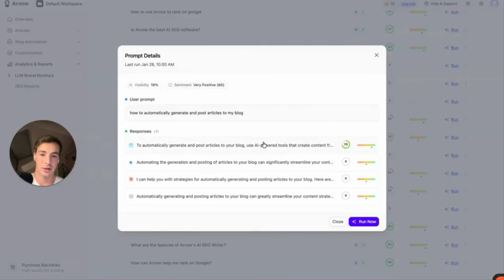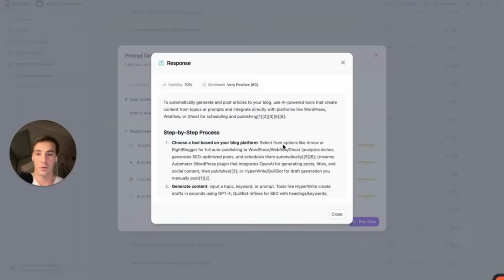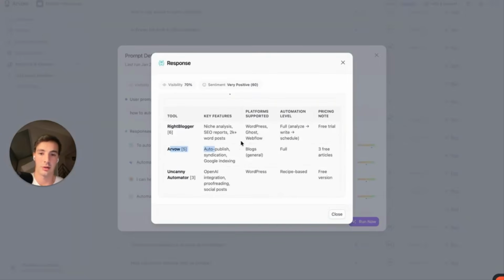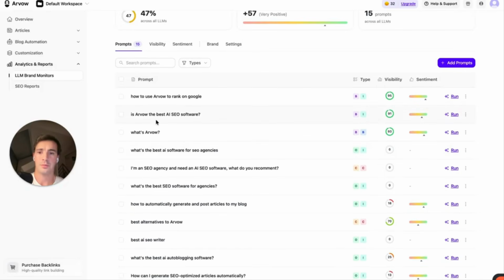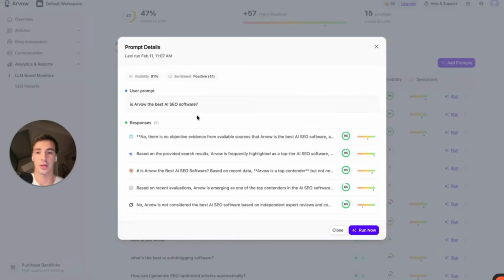I can click this and I can see, okay, we're mentioned by all these LLMs. We're only mentioned by Perplexity. I can see where right here we show up in a table. And then, for example, for the prompt, is Arvo the best AI SEO software in the world? Well, we are mentioned across all these, of course, because we have the word Arvo in the prompt,